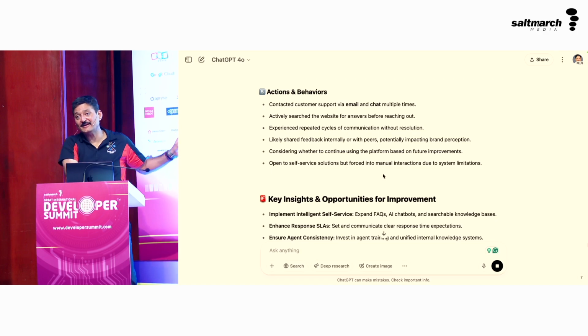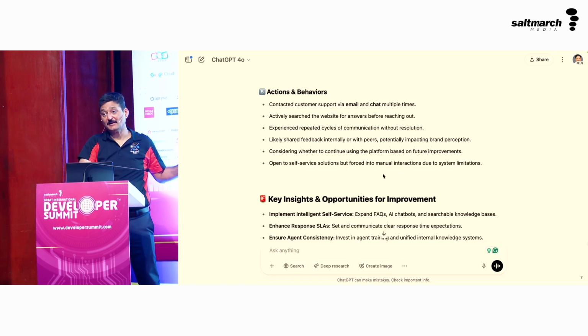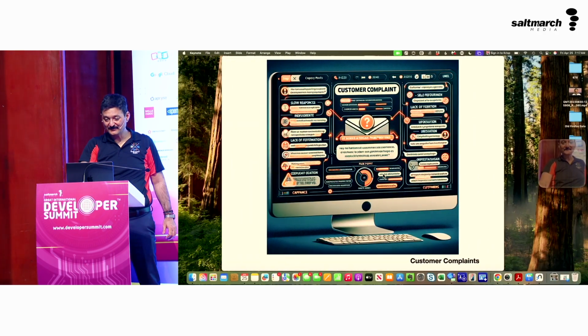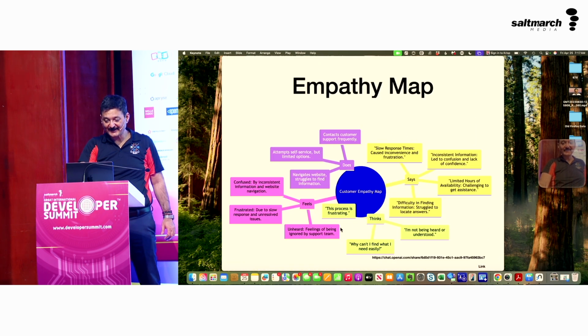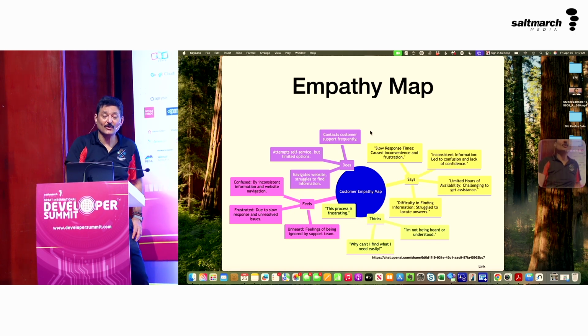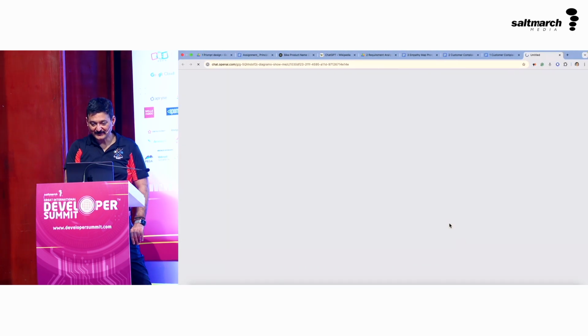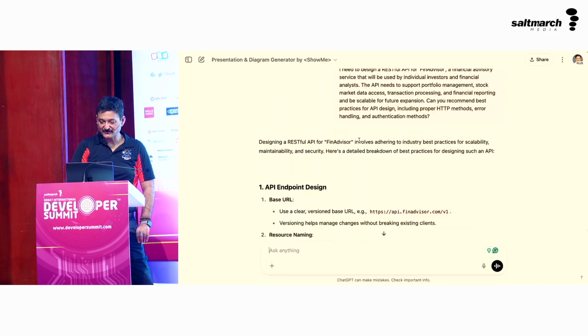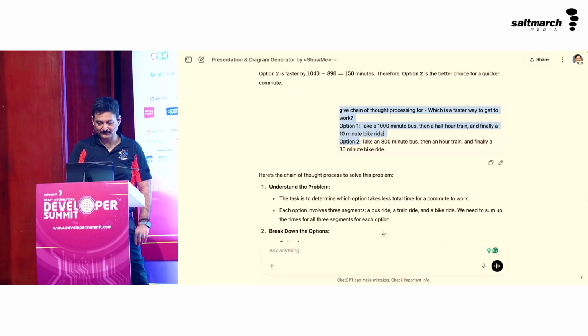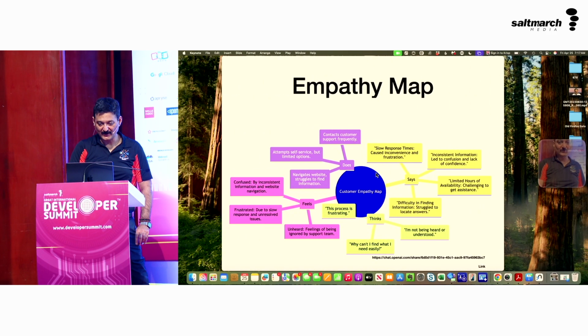Now, based on this, what can you do now? Because you got the empathy map, what can you do now? You can create a diagram for it. When you create the diagram, you can create a diagram like this. So I can create the diagram with ChatGPT or some other tool. Yeah, you can do that also. So what does that mean? You can go to the empathy map and you can generate the diagram for yourself also. So that is also very much possible, like this diagram you can create,